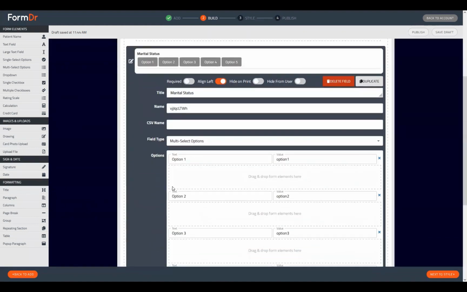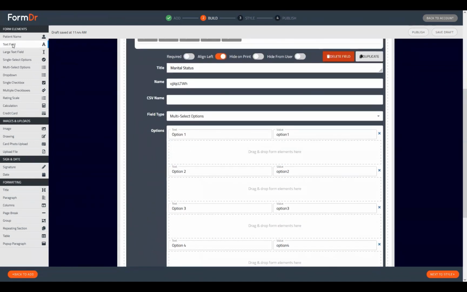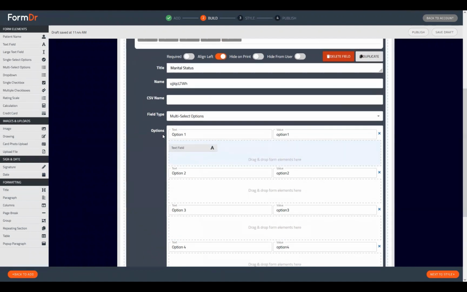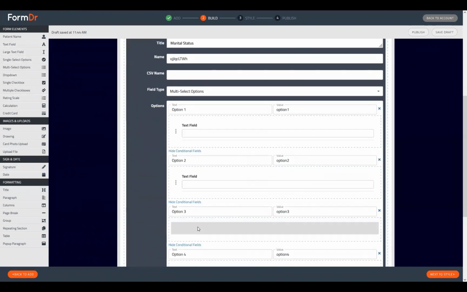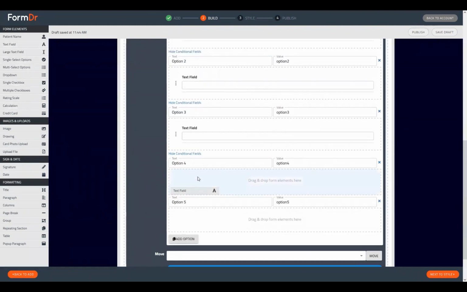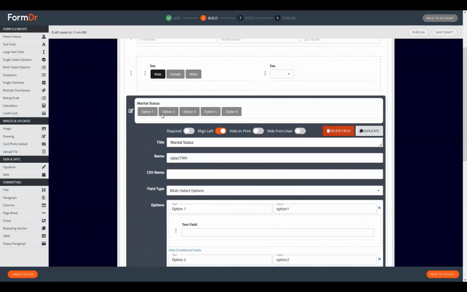And much like that single select option widget, you can also do conditional information here. Now I'm going to add a couple of conditional questions to this one. We'll just do the first, or we'll do them all. We only have 5. Let's just go ahead and do all of that, just so I can display to you